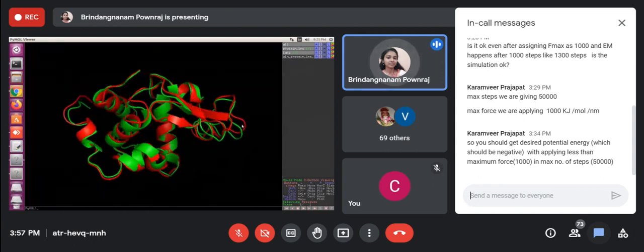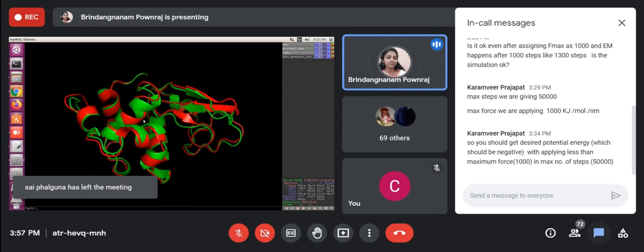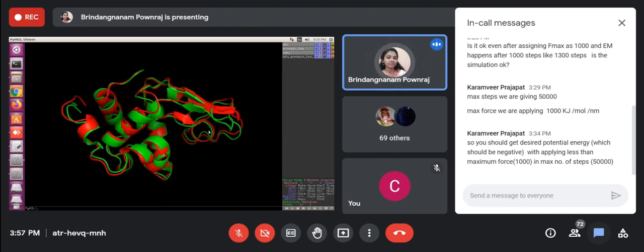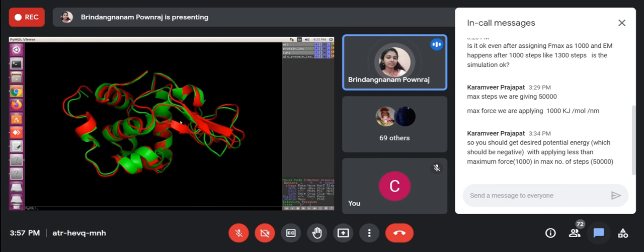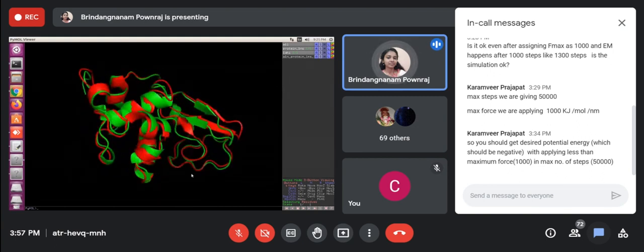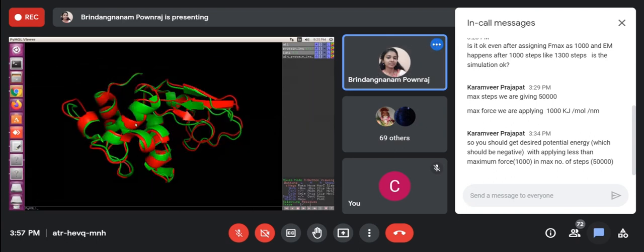So we can see clearly this green one is the native protein downloaded from PDB, and the red one is our 1 nanosecond structure. We can't see much difference because it's just 1 nanosecond. If you want to see some difference, we have to extend our simulation.